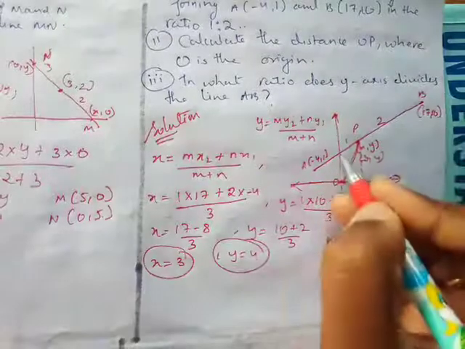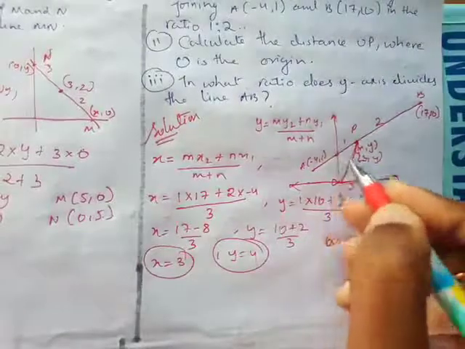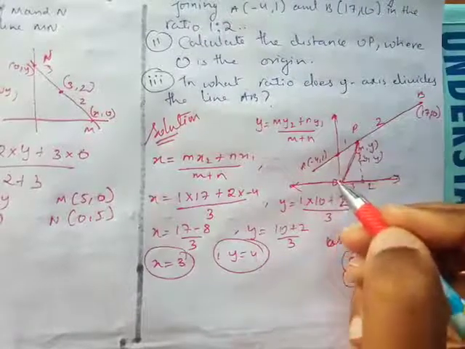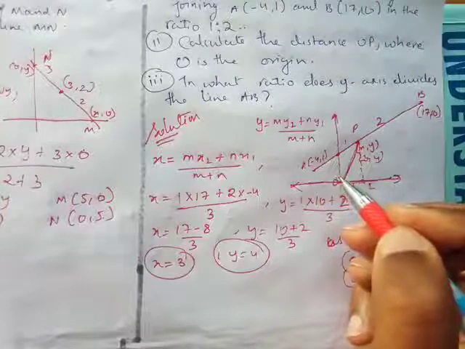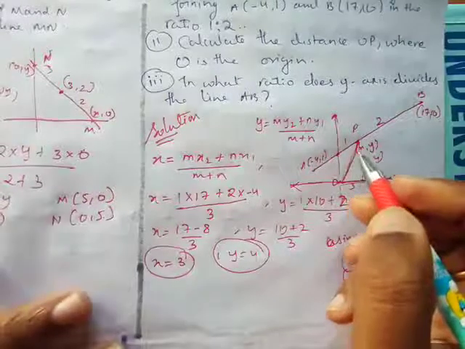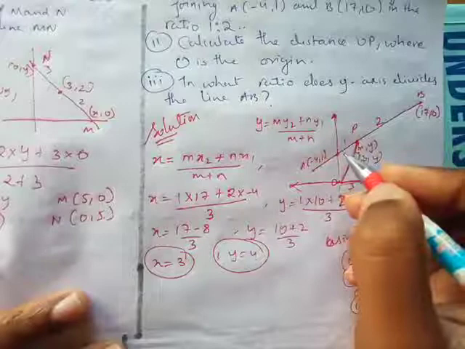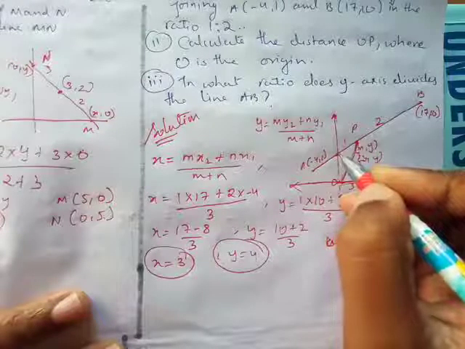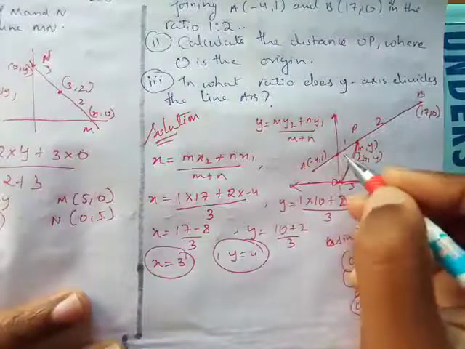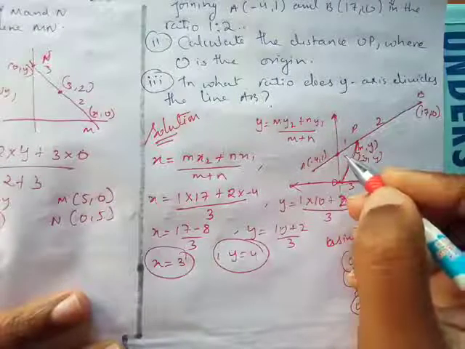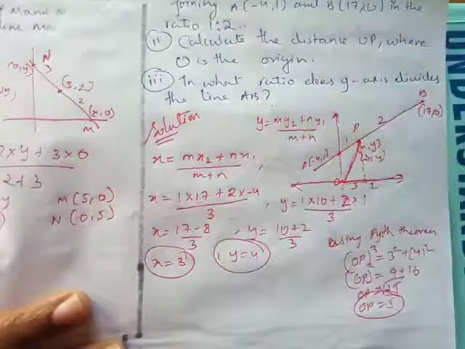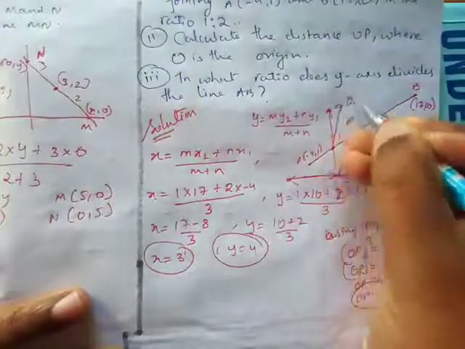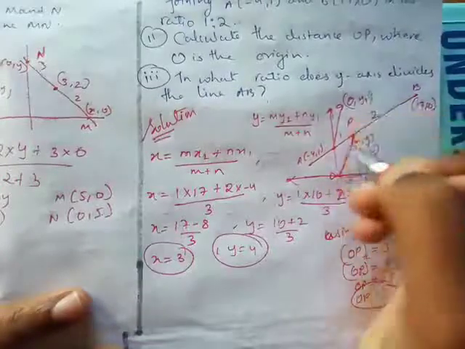अगर मैं यहाँ पे पुट कर दूँ पॉइंट, ये y-axis है ना, ये किस रेशियो में डिवाइड कर रही है इस लाइन को? They are asking, y-axis is dividing into which ratio? So I don't know what the points for this are, right? But I can find that. How can I find that? So I can name this point as (0, y1). यही होगा क्योंकि y intercept है.